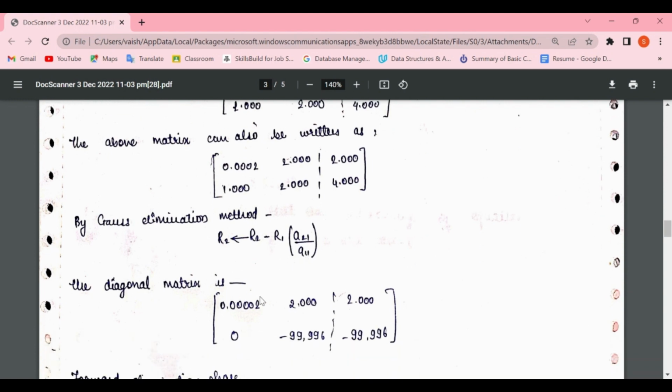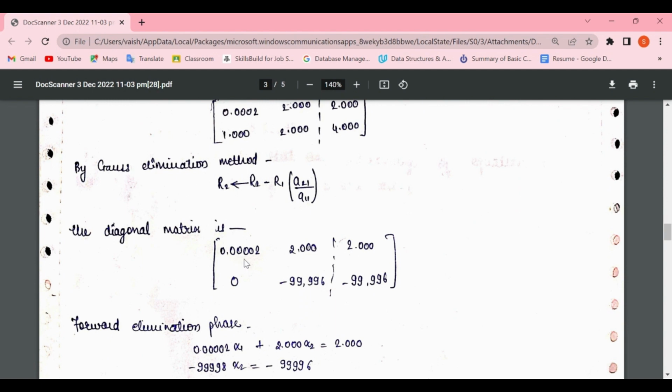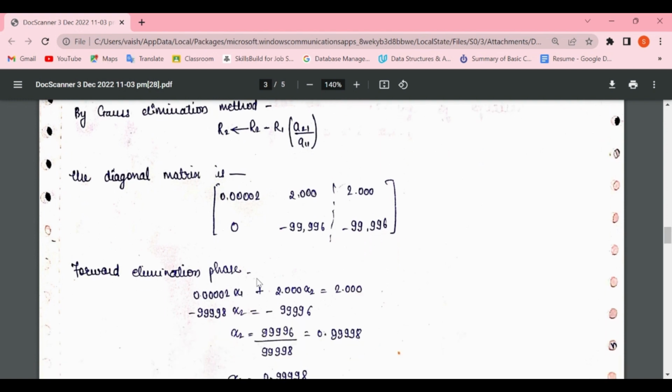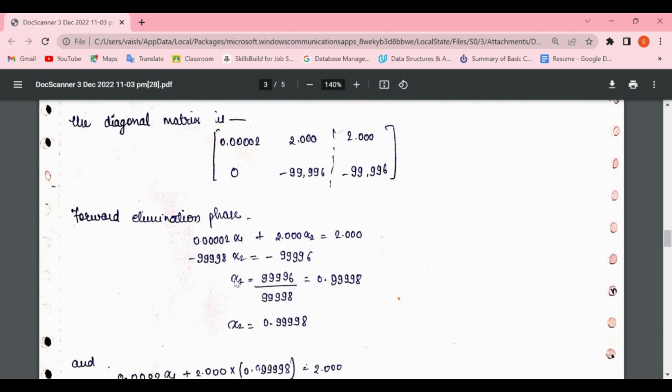The upper triangular matrix is 0.0002, 2 and 2. Then for the second row we will get 0, minus 99,996 and minus 99,996. We are performing forward elimination and we will get the value of x2